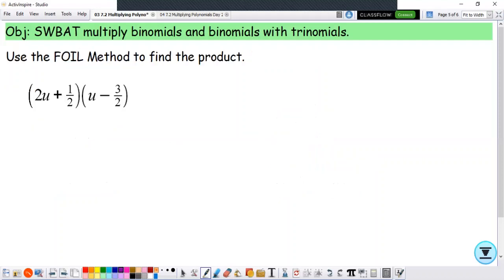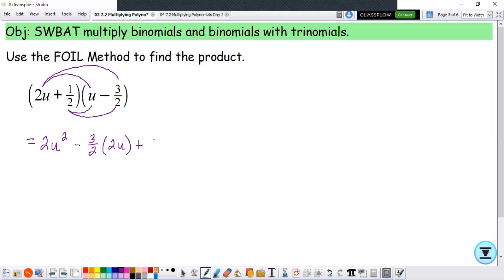And we can use this method even when we have fractions. First terms multiplied, outside terms multiplied, inside terms multiplied, last terms multiplied. What you might want to do here, especially if doing fractions in your head, doing mental math is not the easiest thing to do, is when we get to the fraction parts, just go ahead and write what that looks like. So 2u times u, I'm going to go ahead and write as 2u squared. But for 2u times negative 3 halves, I'm going to write that as negative 3 halves times 2u, so that I have my fraction closer to my whole number,